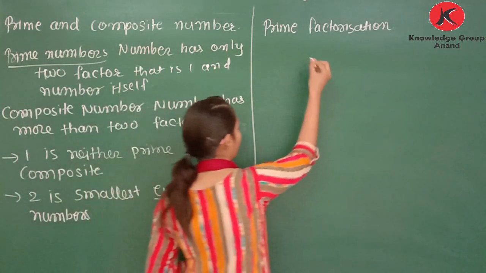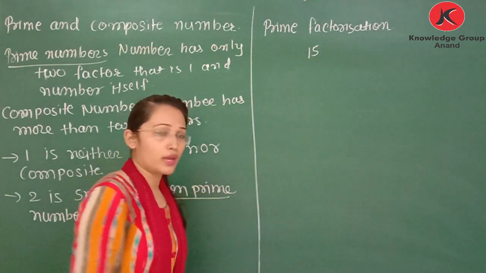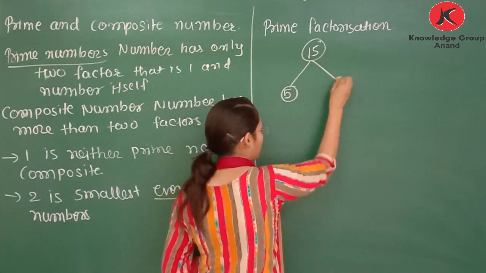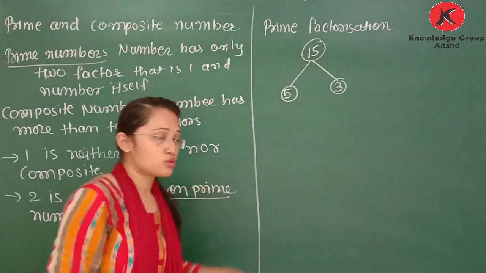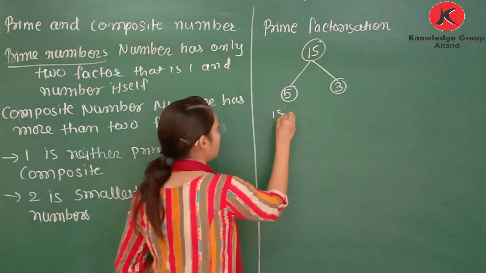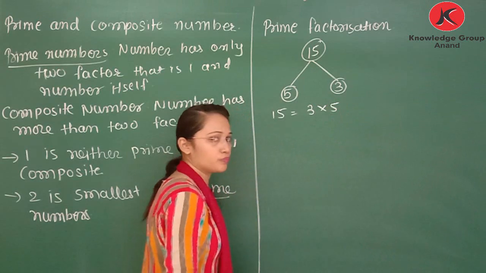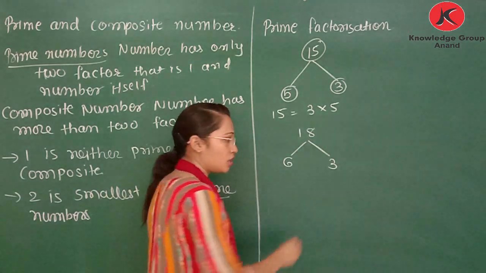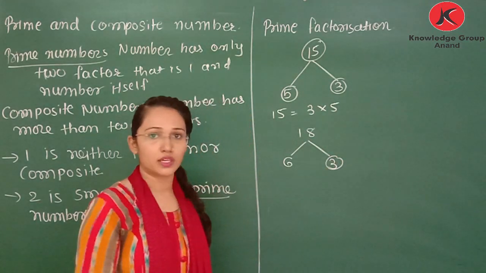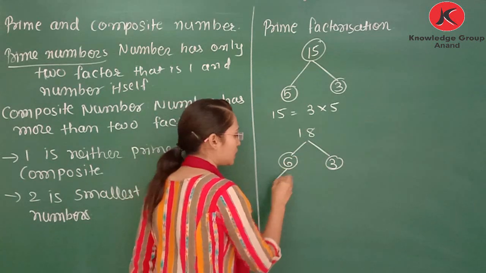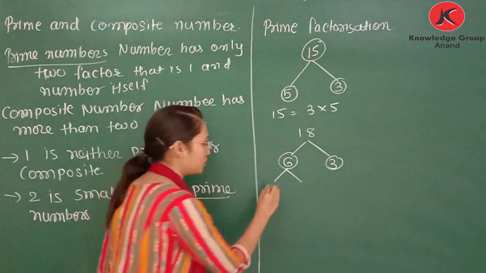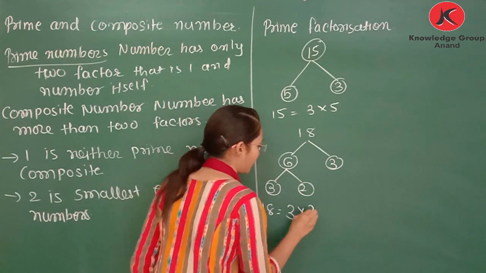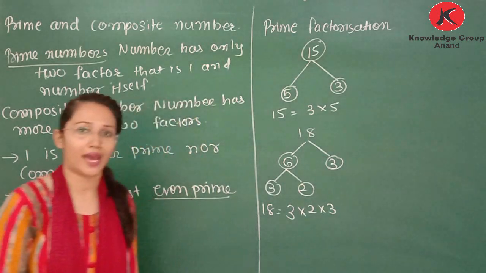In the factor tree, if the number is 15, how can we find the prime factors of 15? 5 threes are 15. You can see 5 is prime and 3 is prime. So these are called the prime factorization of 15. If the number is 18, then you can write 6 threes are 18. 3 is a prime number, so we cannot factor it further. 6 is a composite number, so we can factor 6. That is 3 twos are 6. So what are the factors of 18? 3 multiply 2 multiply 3. These are called the prime factors.